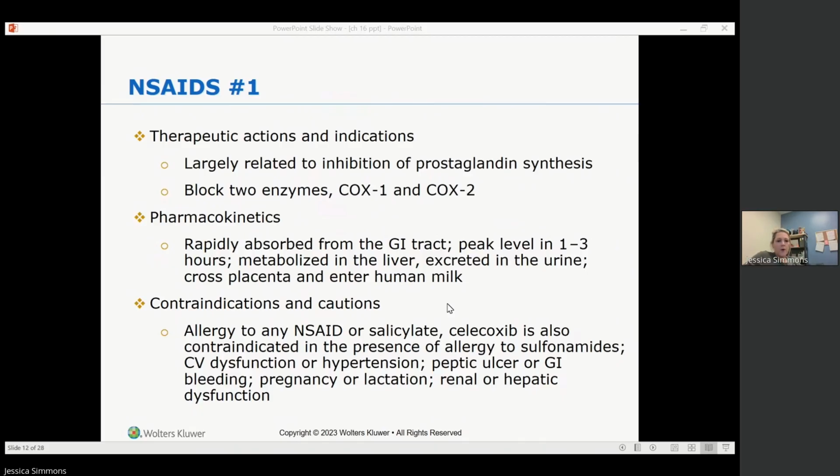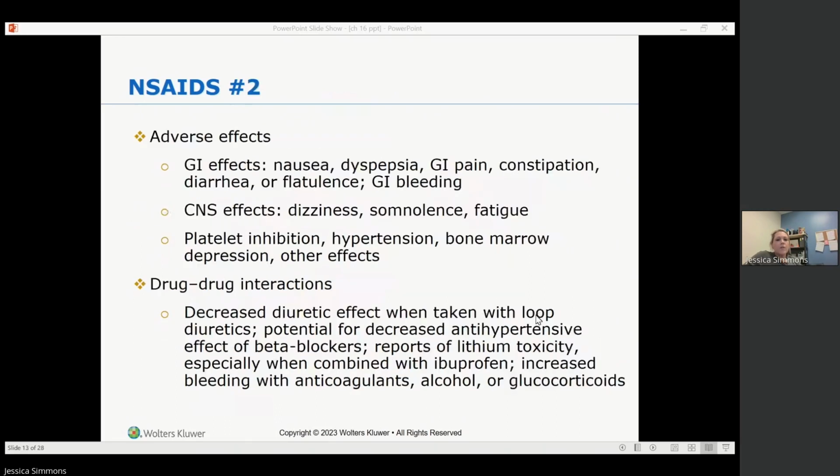Contraindications and cautions if you have an allergy to any NSAID or salicylate. Celecoxib is also contraindicated in the presence of allergy to sulfonamides. Cardiovascular dysfunction or hypertension, peptic ulcer or GI bleeding, pregnancy or lactation, renal or hepatic dysfunction. So adverse effects include GI effects like nausea, dyspepsia, GI pain, constipation, diarrhea, flatulence, GI bleeding. GI bleeding is going to be a really big one with NSAIDs. Dizziness, somnolence, fatigue. You could have platelet inhibition, hypertension, bone marrow depression,